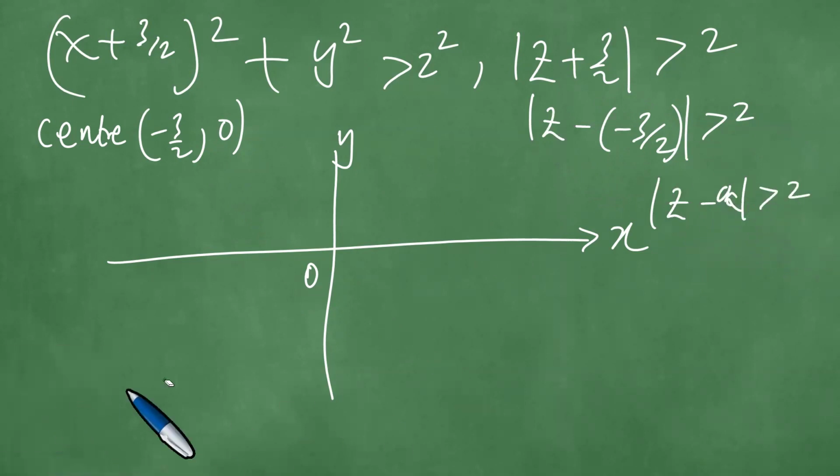So if this is minus 3 over 2 for the x, and 0,